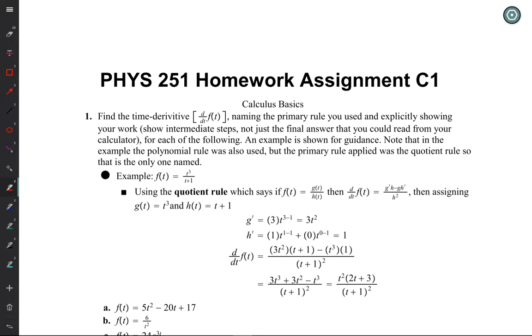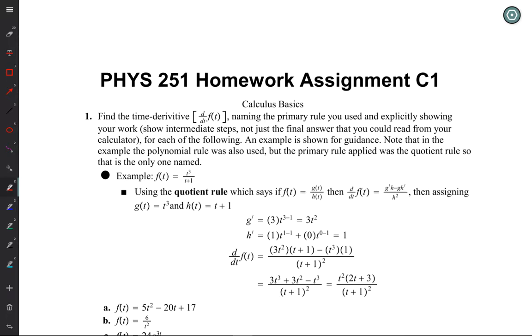So I have an example here. My function is t cubed over t plus 1. So I applied the quotient rule. And so I wrote what the quotient rule is, said g of t is t cubed and h of t is t plus 1. And so for the derivative of g with respect to time, I used g prime. Shouldn't have used g prime, right? Should have used g dot. What was I thinking? Anyway,